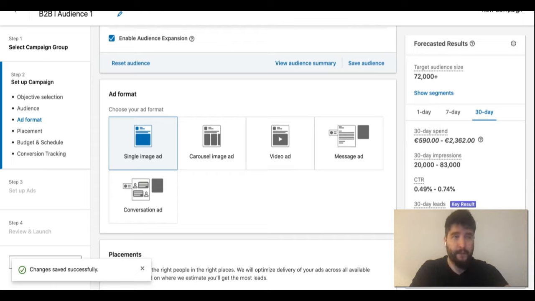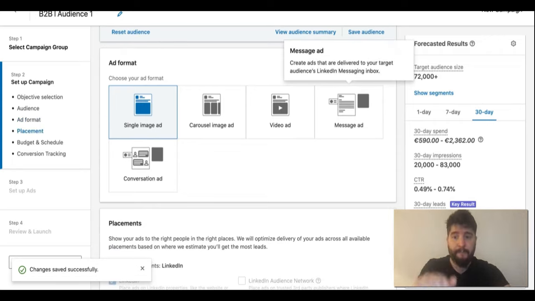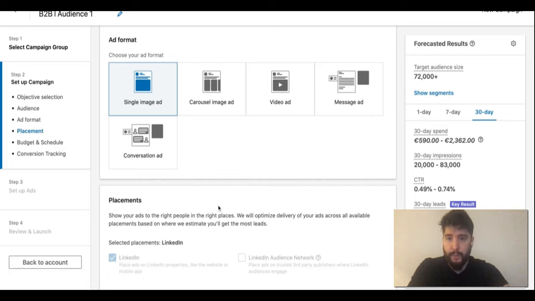optimization on LinkedIn doesn't work like on Facebook. It's a little bit different. It's not that good on Facebook. It's better in my opinion in regards to optimization. Okay, so